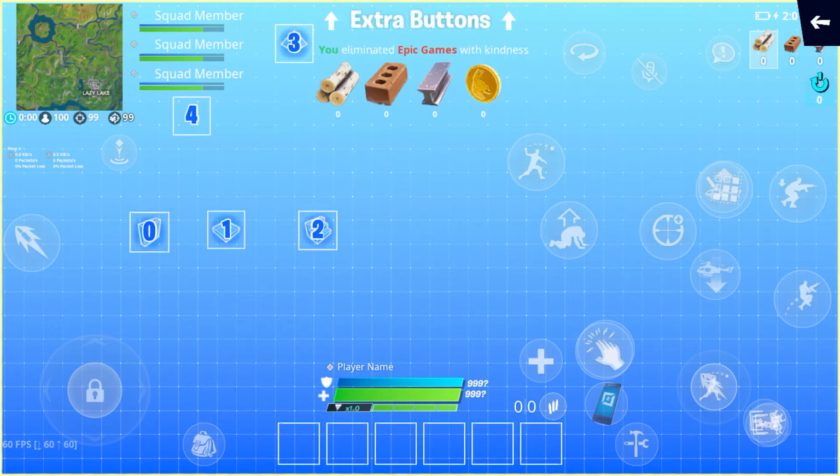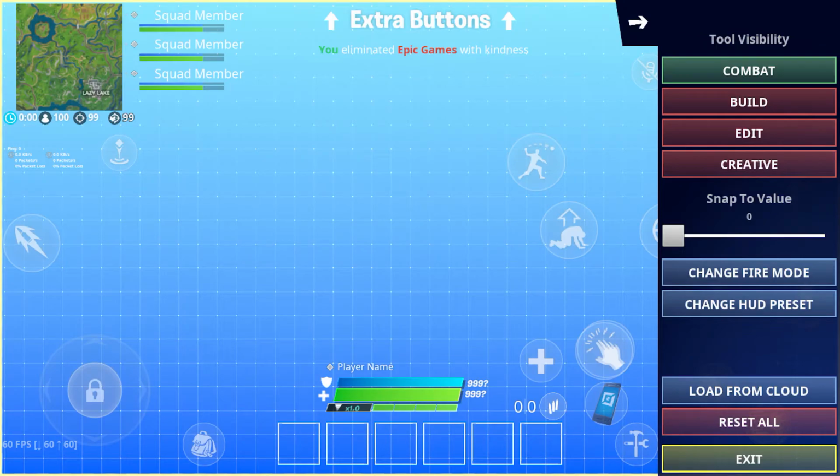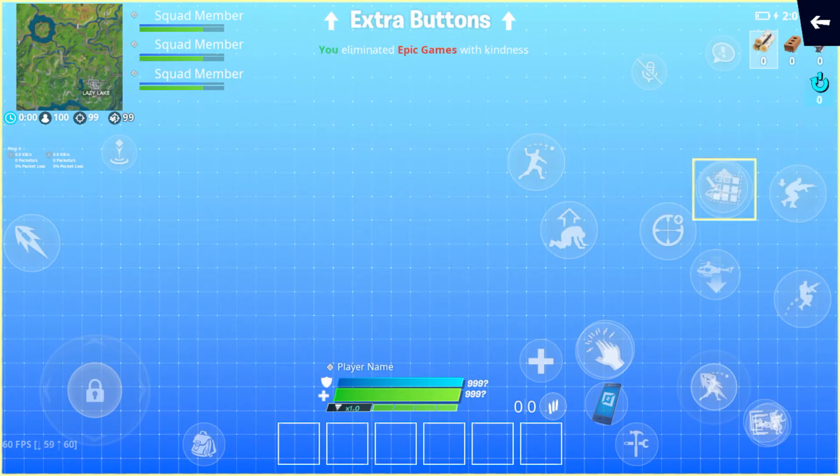So it might look a little weird, but I'm just going to have my combat on. I have my edit button set to be on when in combat, so that I can just tap it and not have to tap my building and then tap it to edit stuff. I can just do it while I need to. But at the same exact place I have my edit button, I have my